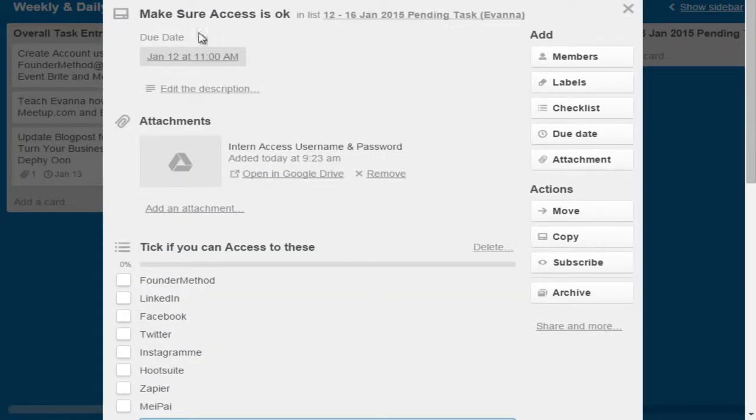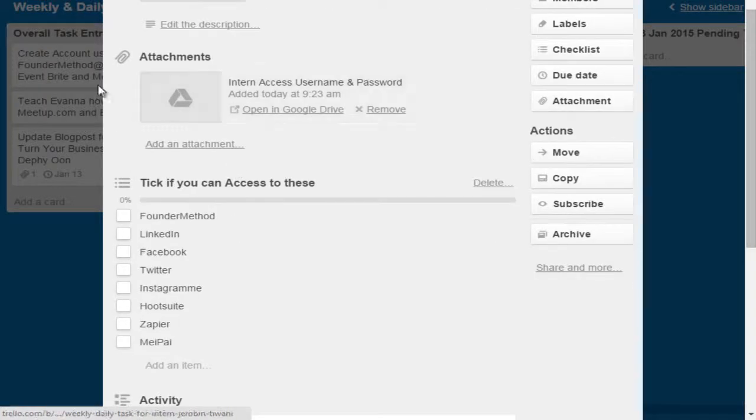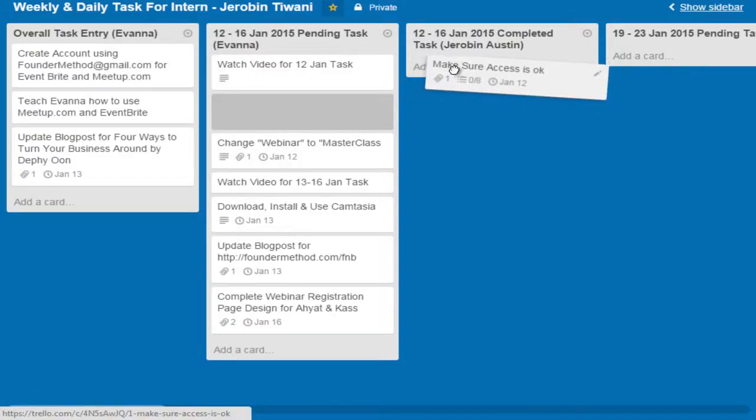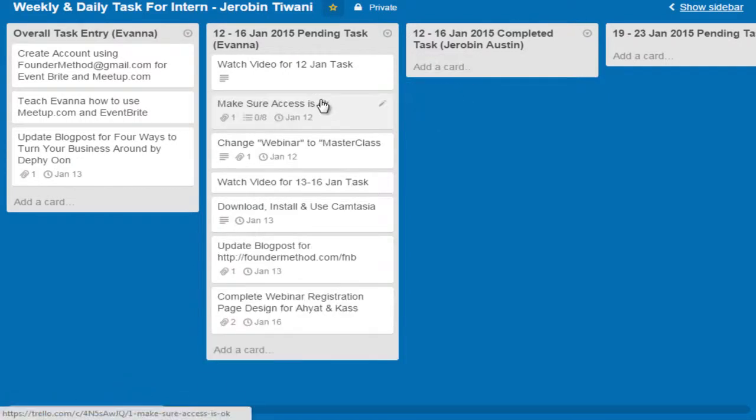Can you see here? The task, the main project is here. The deliverables: of course, you need to watch the video in order to know what you need to deliver. And then I also design this so you just tick, tick, tick, and then I know that you have completed. After you complete, in the video I ask you to move this card to here. So for me, at the end of the week, let's say 16th of January, as long as this card is empty or moved to here, then I know that the intern completed his work.